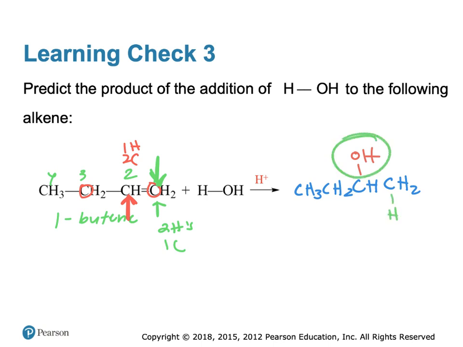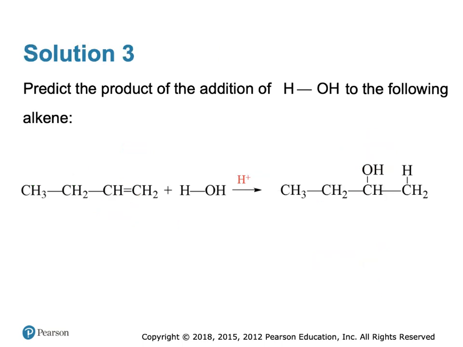So an alcohol is defined by an OH group. The OH will add to the more substituted carbon, or the carbon with more carbons attached to it, and the hydrogen will add to the less substituted carbon. So if I were to draw this as a bond line structure, I would have 4 carbons, and then I would have an OH group on the second carbon. Remember, we do not draw hydrogens in that are attached to carbon atoms when we use a bond line structure. We will draw the hydrogen in if it is attached to an atom other than carbon. So you can see the answer depicted here.